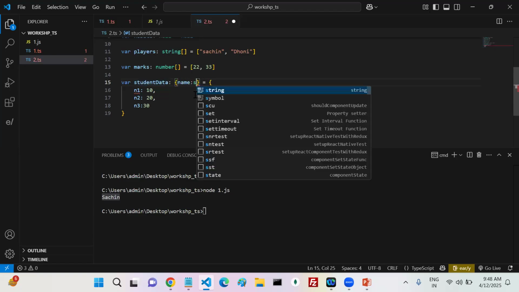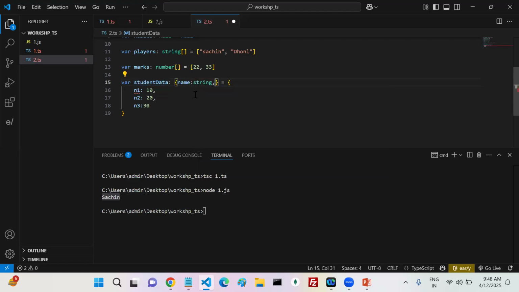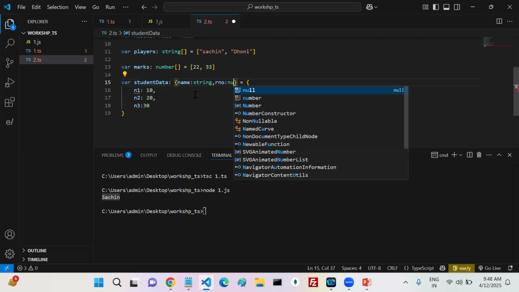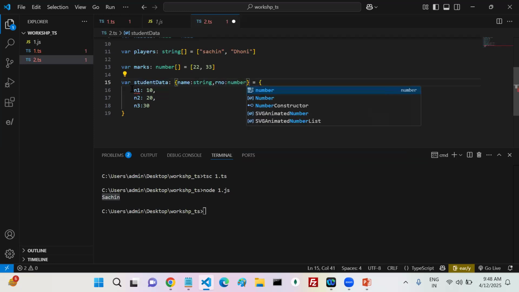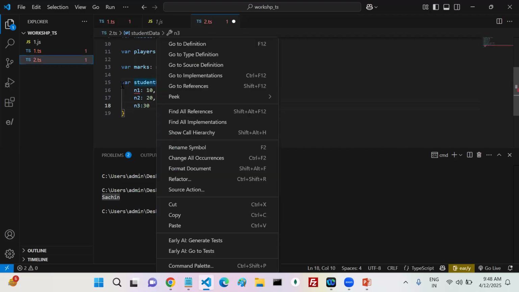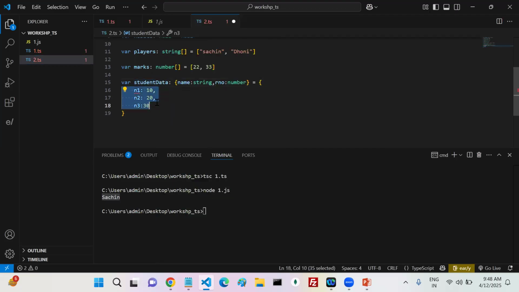Here you can mention my name is a string, my roll number is a number. Whenever you mention like this, now see it gives an error. Now here you have to use the same properties. My name is Sachin and my roll number is 10. Now it is accepted. See this.